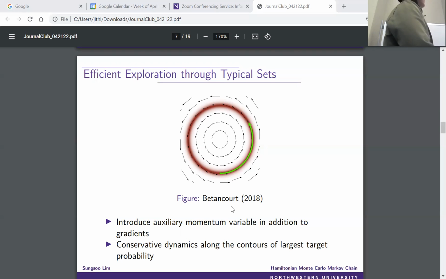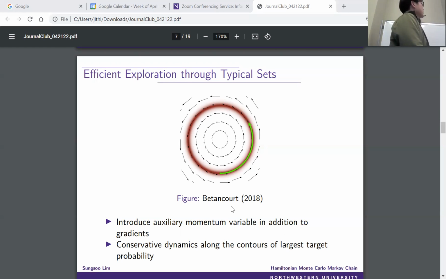We know that there are these regions called typical sets in the distribution space, and within these regions there are these contours that we would ideally like to sample around, so that we are only sampling in these